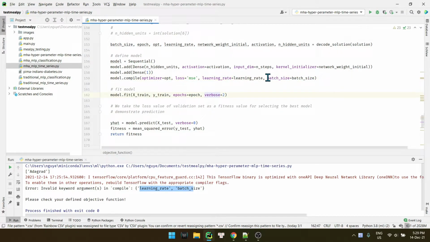So we have batch size right here. Should be here.